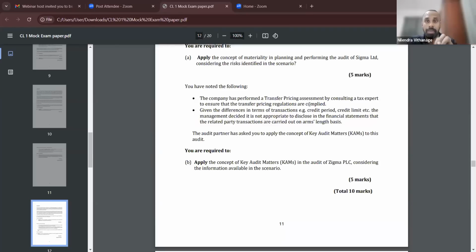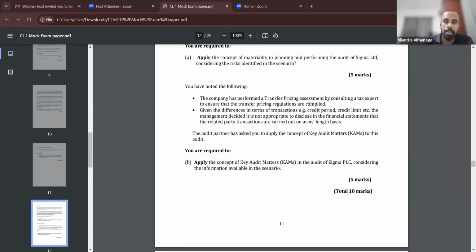And also, it should not be a misstatement. Now, revenue is here, right? There has been no misstatement in revenue, but the significant risk is there. So what? It's a key audit matter. You have to tell the examiner, note it in point form: revenue significant risk, 30% increase in international sales, as well as the transfer pricing mechanism which is complied. So no misstatement, it has complied. So therefore key audit matter.